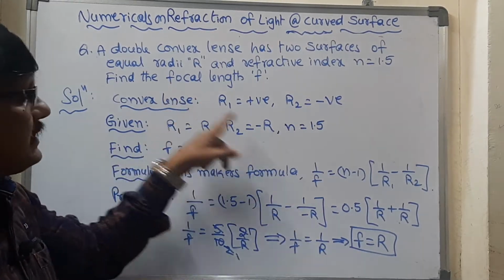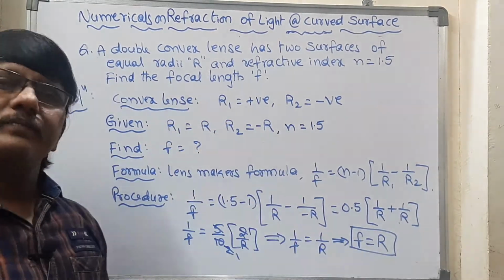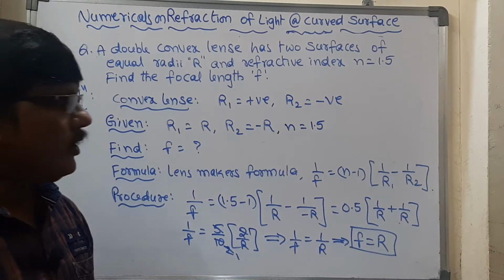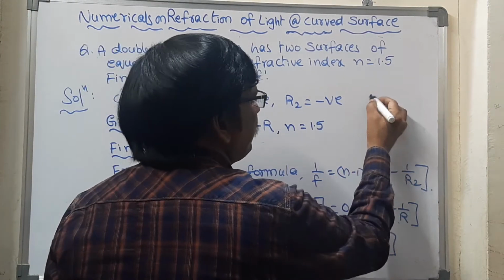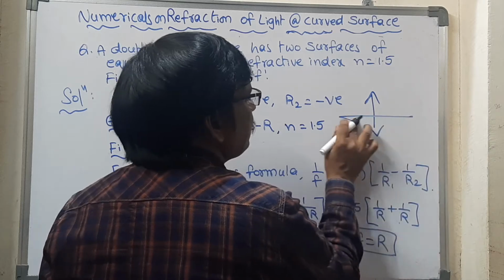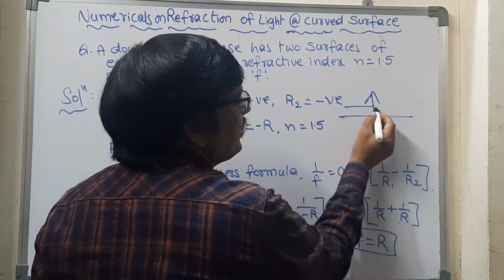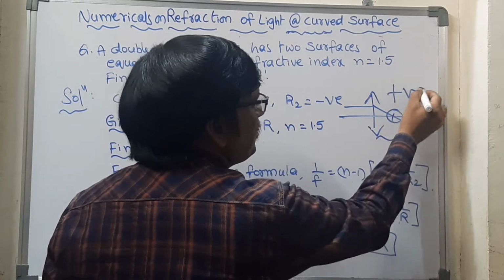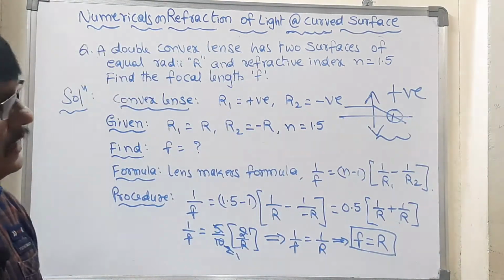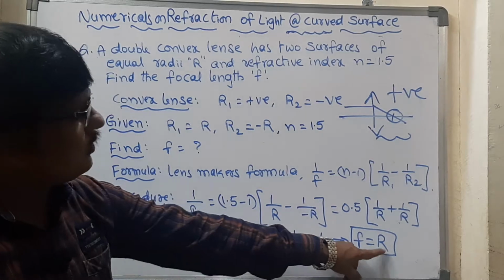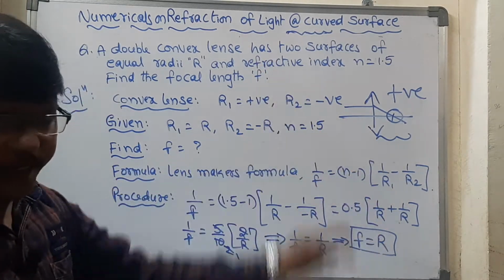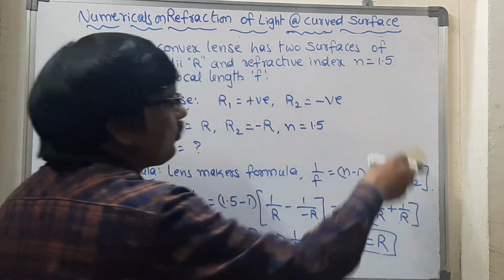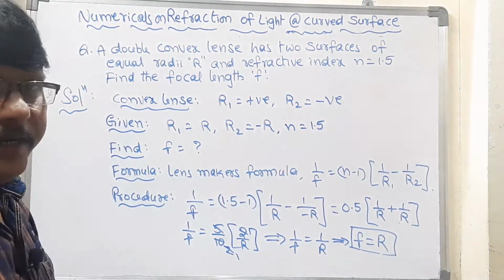For a convex lens, focal length is all the time positive. How can we say that? If we take a lens and rays parallel to the principal axis, the focus is forming on the right side. All the values on the right side are positive, and so the focal length is positive. So f is equal to R, absolutely right answer. You can check the answer even like this also, no problem with that. Okay, right, Nana?